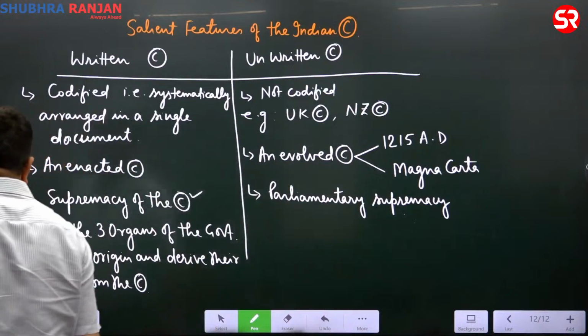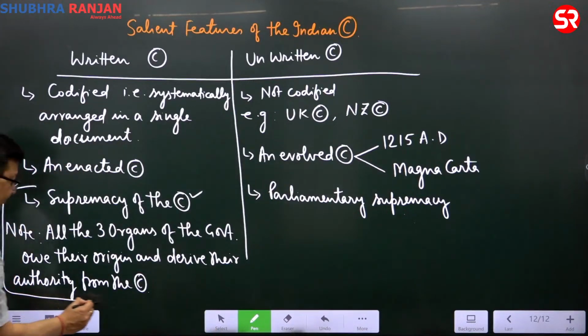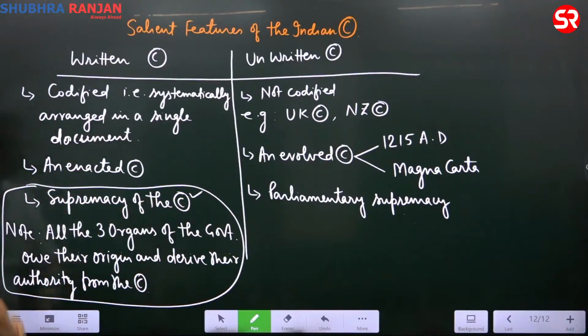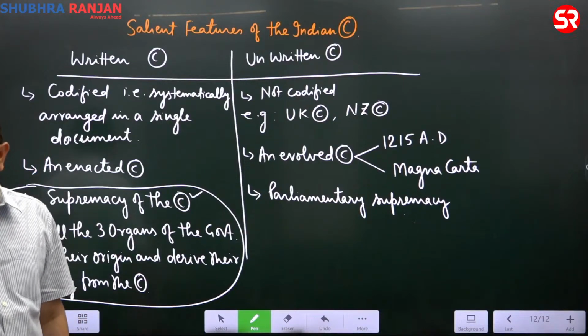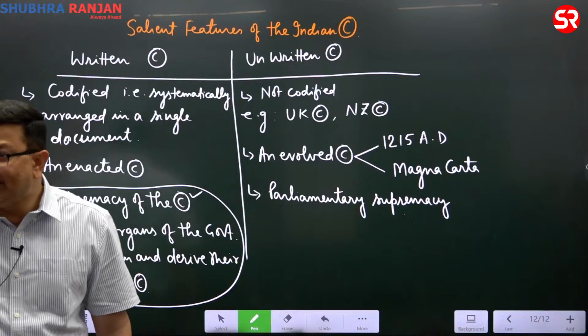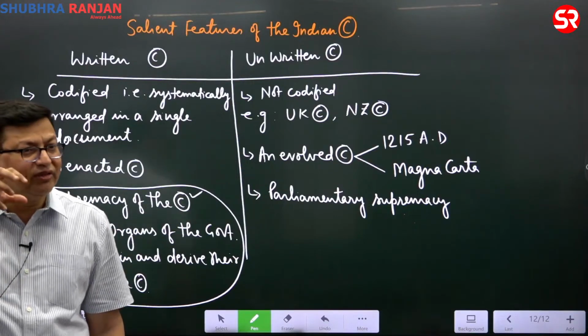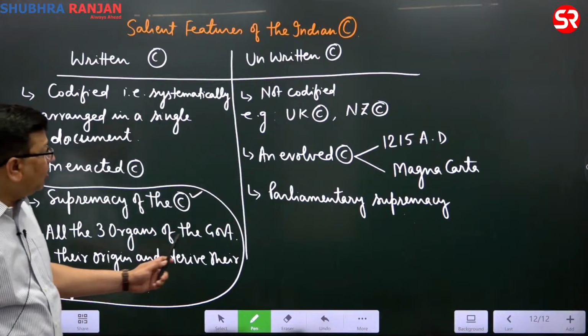Such types of questions can be asked in reasoning assertion: that in India, there is supremacy of the constitution, and all the three organs of the government owe their origin and derive their authority from the constitution. Both A and R are correct, and R is the correct explanation of A. And in the last class also, we had discussed that the objective of the constitution is to provide for a limited government, to restrict the powers of the government. Now, coming to this side,